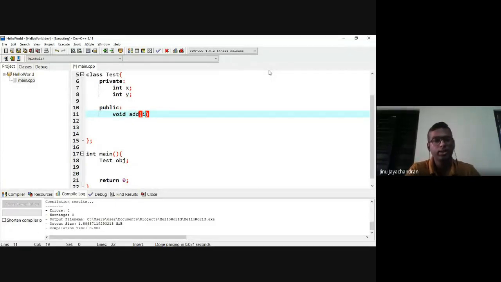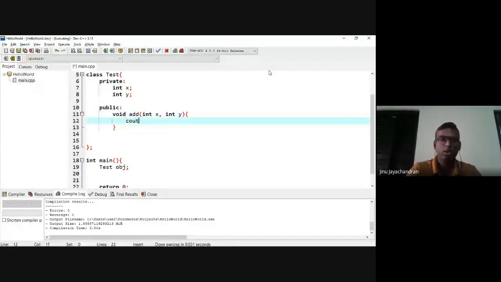Then I say int x comma int y. Then I say cout, some value is, then I say x plus y. So the addition has my output here. Okay, this is one function.